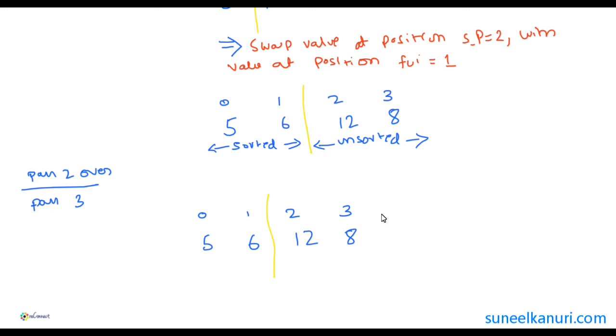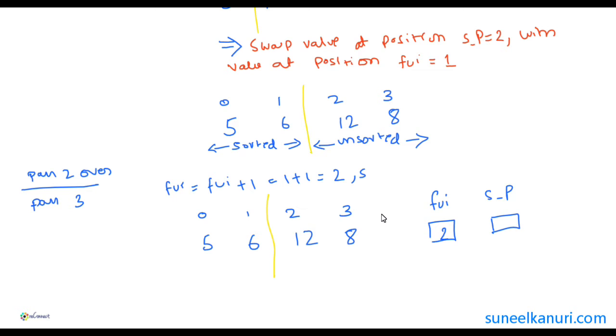That being the dividing line, our FUI, or first unsorted index, will be pointing to FUI equal to the previous FUI plus 1, which should be position 2. This will be 1 plus 1, position 2, and our S_P will be pointing